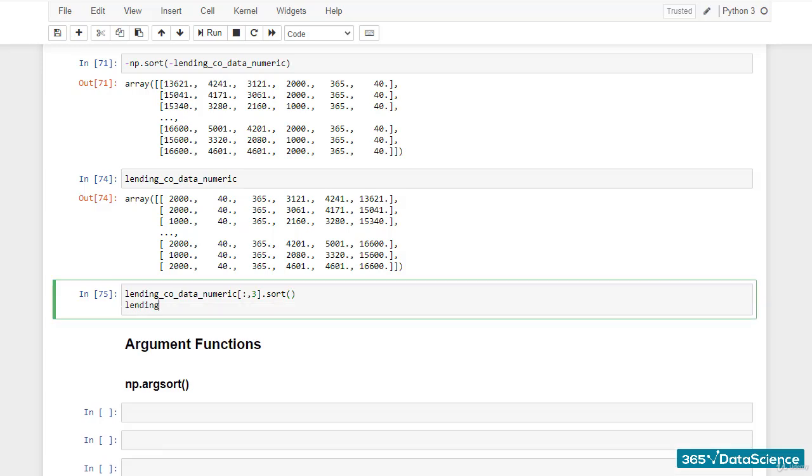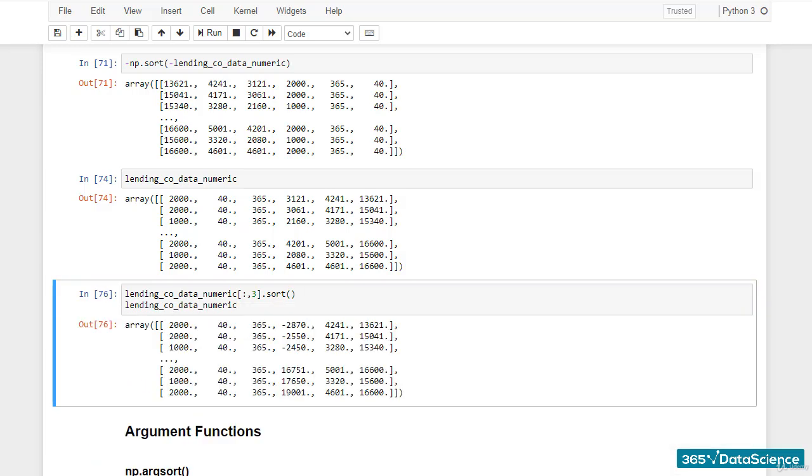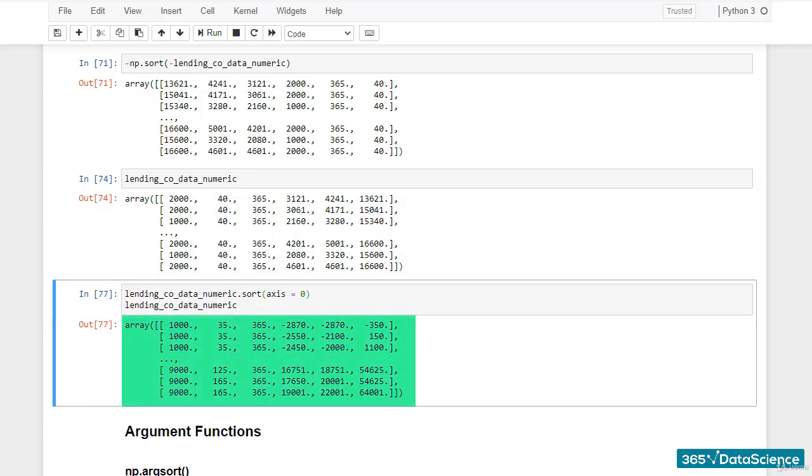If we display the dataset on a new line, we'll see that the fourth column is different from the output of the previous cell, while the rest remain identical. So we've only arranged the values of one column without messing with the rest. Of course, if we also want to arrange and overwrite the entire dataset, we need to remove the indexing and set the axis argument to 0. The output array clearly has all its columns sorted in ascending order, so the sort method successfully overwrites the input